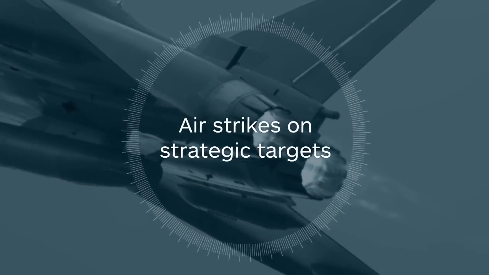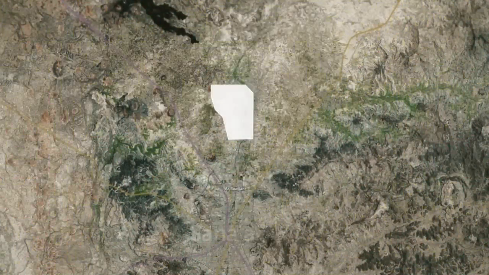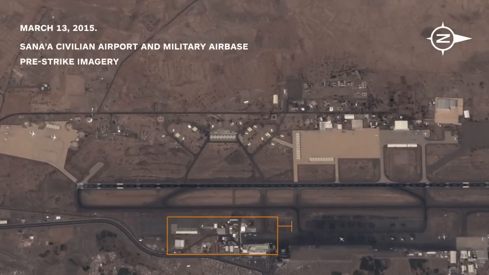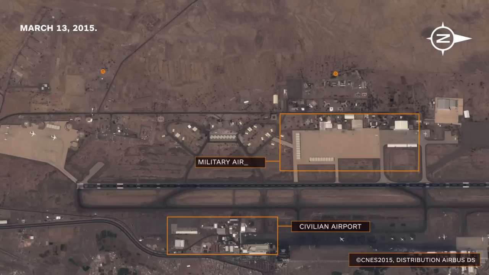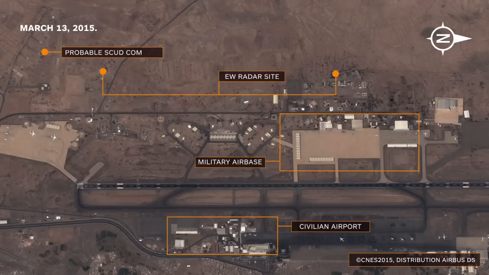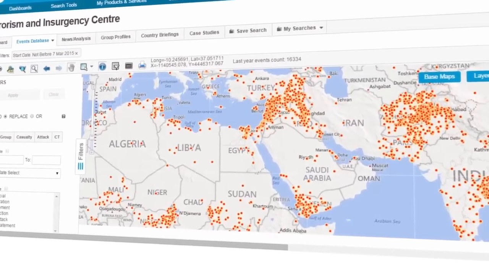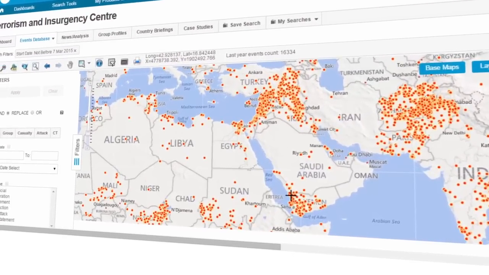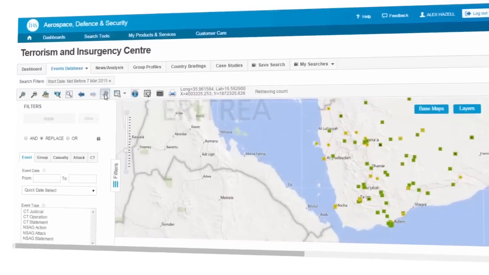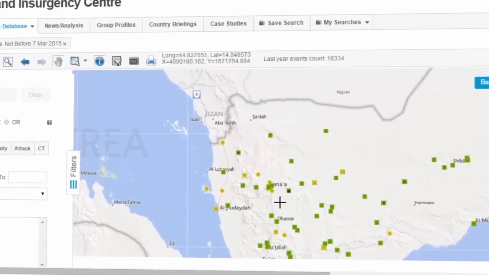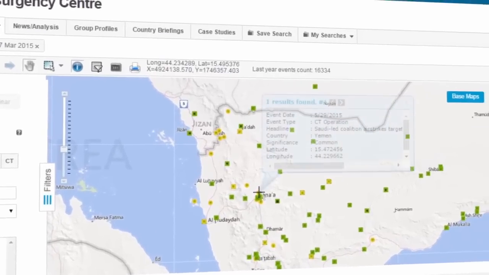that area. Then, to understand the airstrikes on strategic targets, we utilize Airbus Defense and Space's satellite imagery. We now start to see the effects on the civilian airport and military airbase strikes. We then look to understand the counter-terrorism activity in this area to see where there have been strategic airstrikes from the Saudis. The yellow dots on the map represent the counter-terrorism events, providing a detailed analysis of where these operations